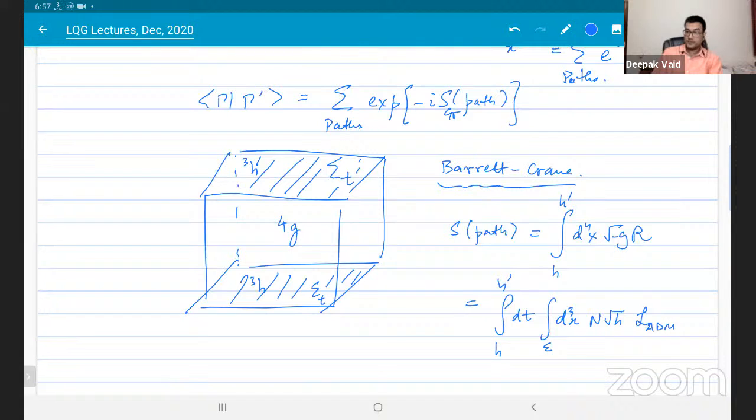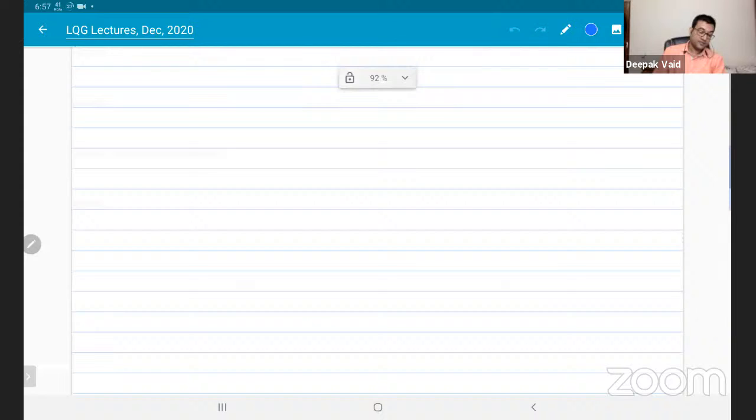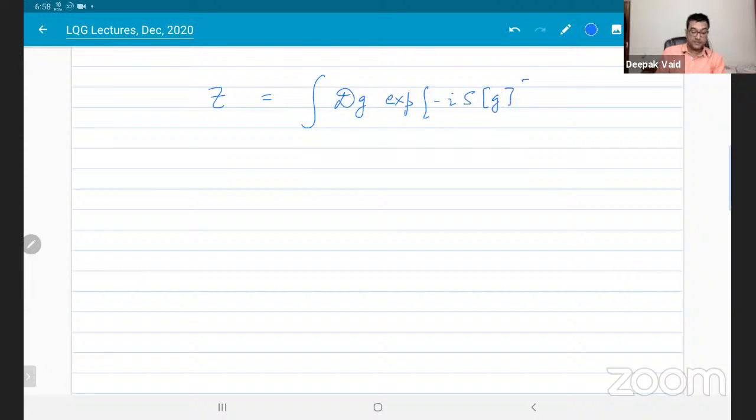Is this fine? This is what you do if you're talking about so-called quantum geometry in the path integral approach to quantum gravity. This is what people are doing when they're talking about all these islands and wormholes. They are evaluating amplitudes by looking at this kind of path integral. Basically, they define the partition function of gravity in this way, integral over dg, exponent minus i S g,